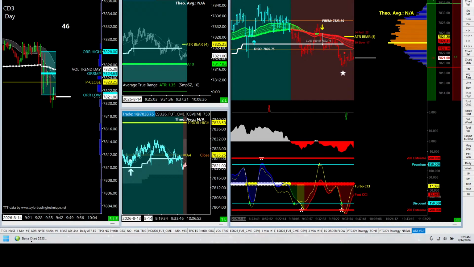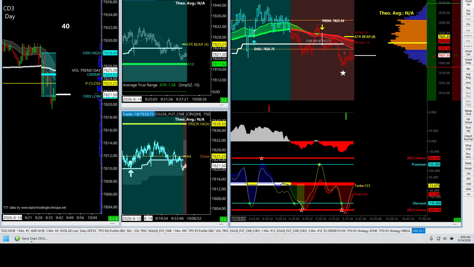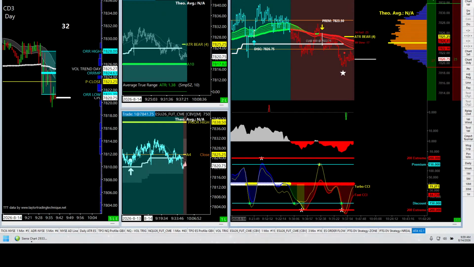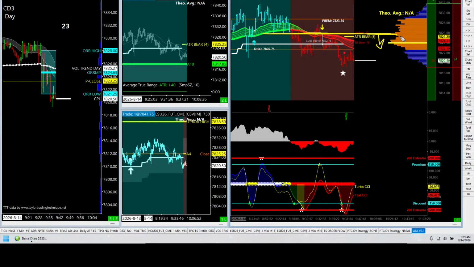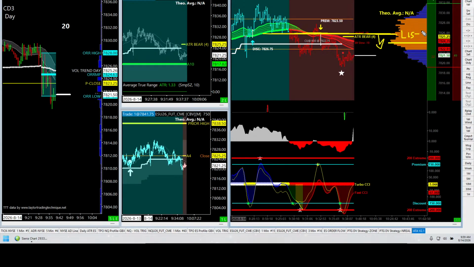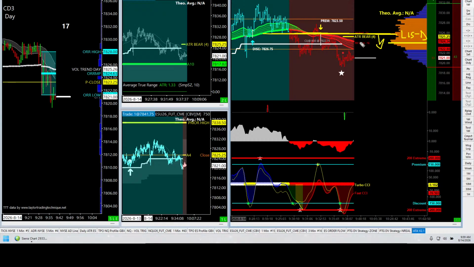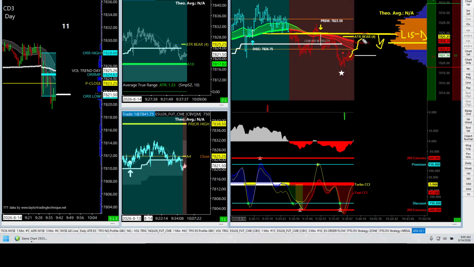Where do we go? If we're looking for a short play, we currently have that configuration on our side at the moment, right? 25s, 26s, kind of a dynamic line in the sand right now. So if you're looking for shorts, we get a bounce back up into this area near the 89 around here, and we're looking for a move back down. Kind of draw it out.